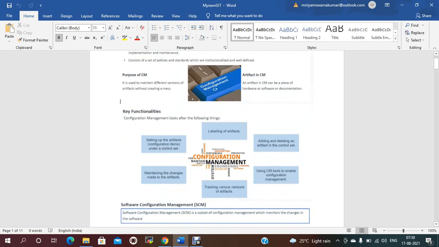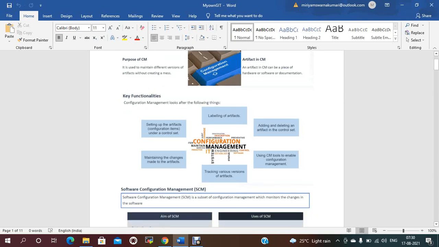These are the key features of configuration management: labeling of artifacts, adding and deleting artifacts, control sets, and using CM tools enables configuration, tracking versions of artifacts, managing changes, and setting up of builds made up of the artifacts.